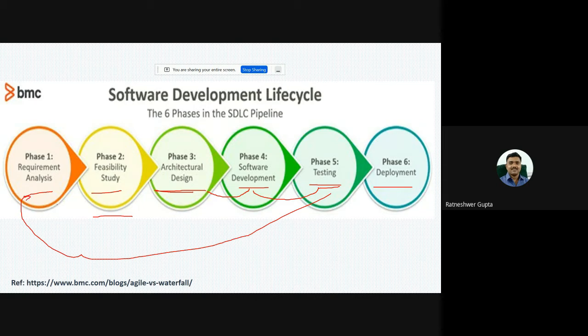Suppose we developed some functionality after architectural design, coded in the development phase, and during the testing phase we find a problem, for example this particular function is not working properly. Then this request will be sent to the requirement analysis phase, and this whole cycle will be repeated.